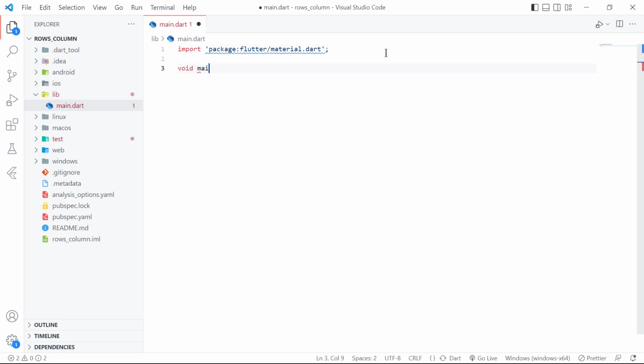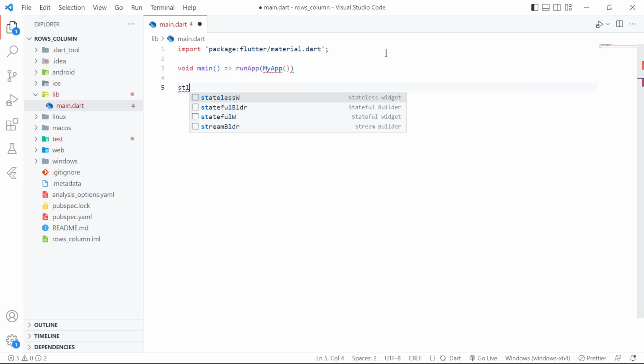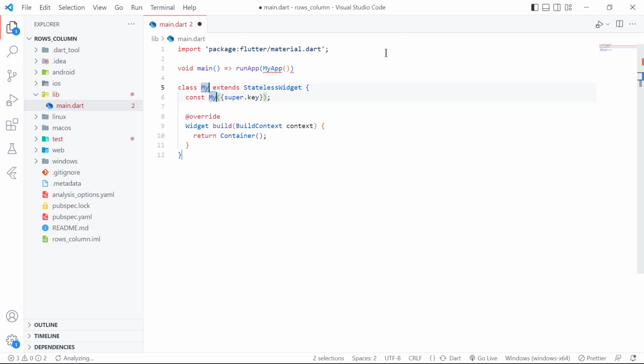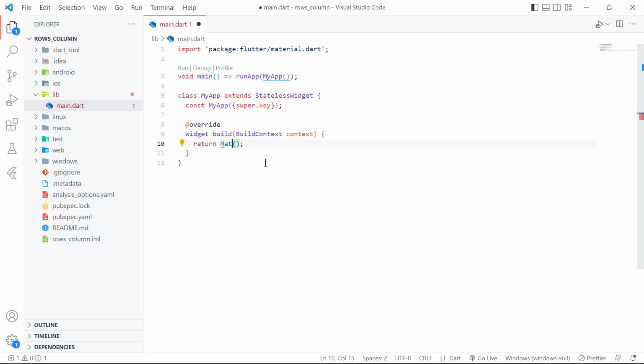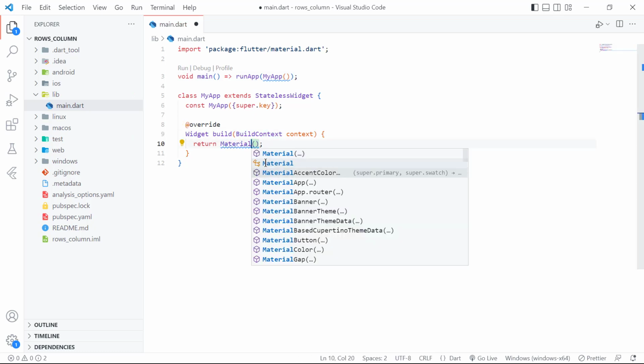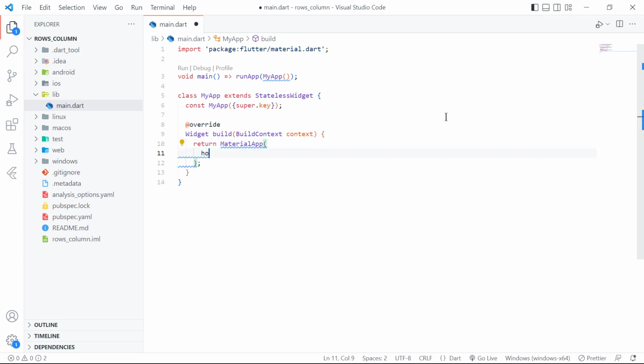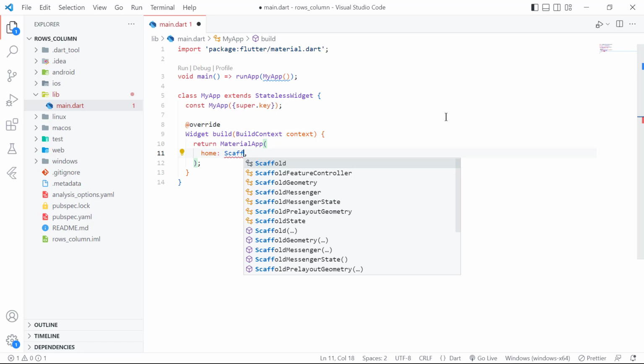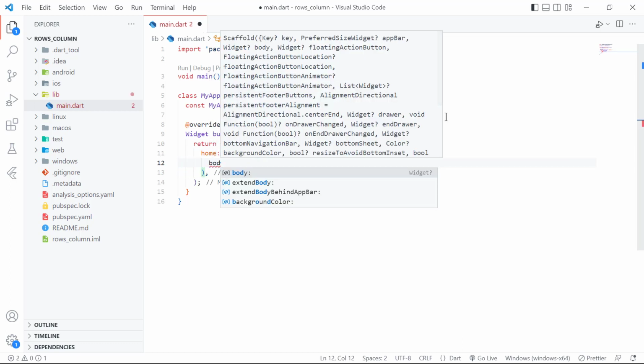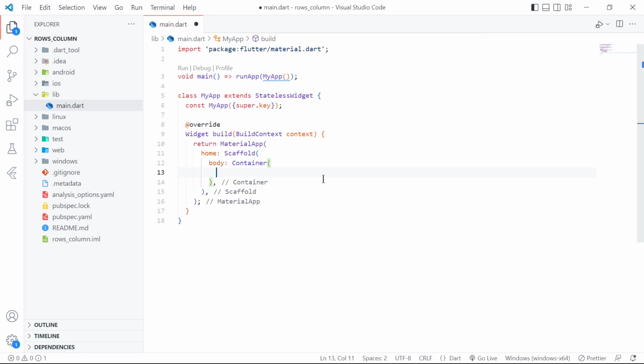Then write void main and then write runApp(MyApp) and then create a stateless widget named MyApp as we have written in void main, and then replace the container widget with a MaterialApp widget, and in MaterialApp write home, which is a Scaffold widget, and in the body we will write a Container which contains a child,